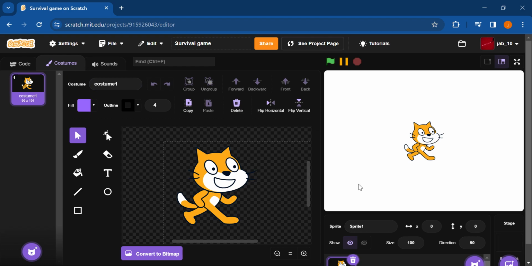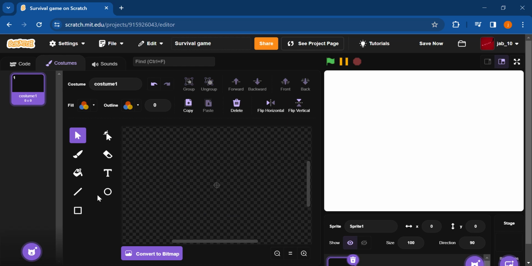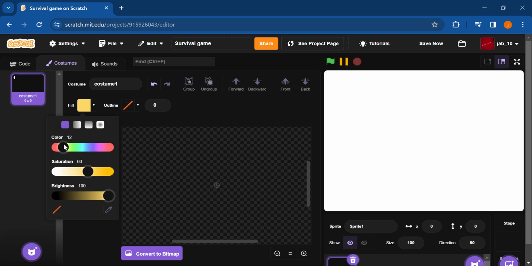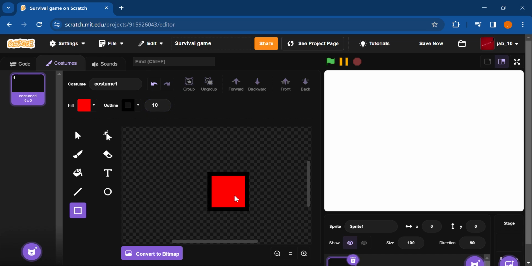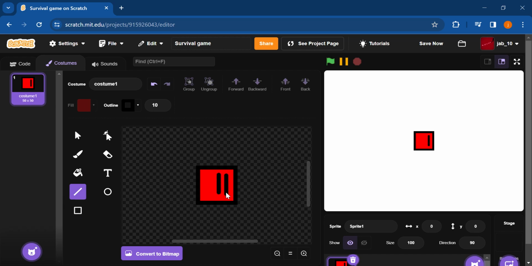Anyways, go to the costumes, and then, obviously, make your own character. I'll just make a simple red square. Then I'm gonna give it some eyes. Now that we got this goofy guy,